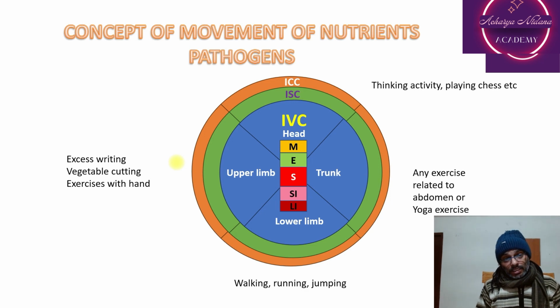Now regarding the movement of the nutrients or pathogens, that will be happening in the different parts of the body. Why will that pathogen be moving in that particular direction only? Answer is this one. Suppose this is a human body, and this is considered to be the abhyantara roga marga, and this is considered to be the intravascular compartment, and the greener one is the interstitial compartment, and the orange colored one is the